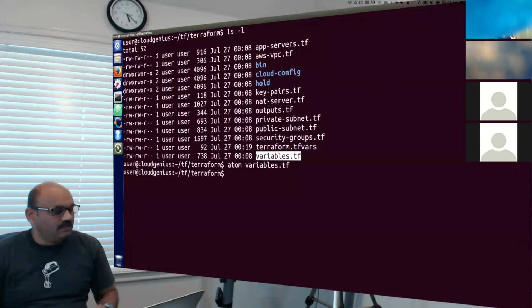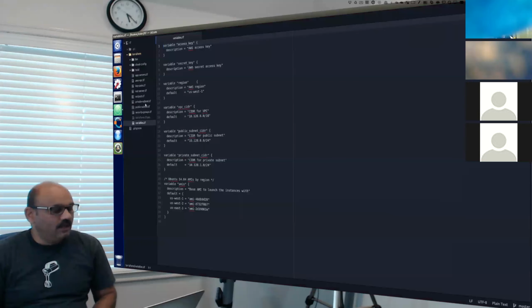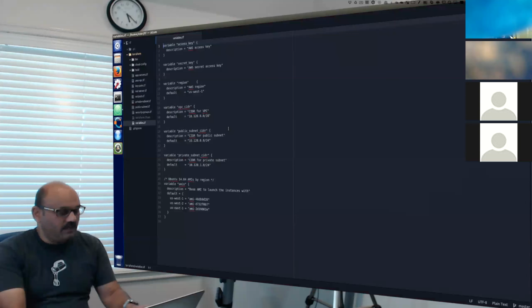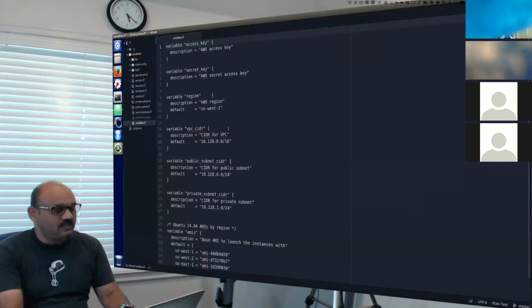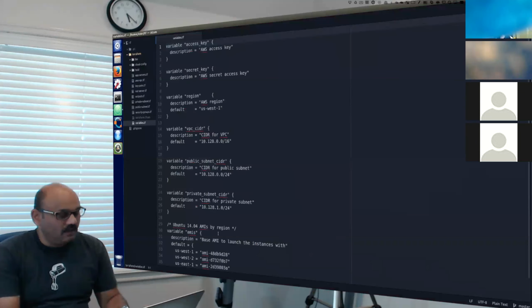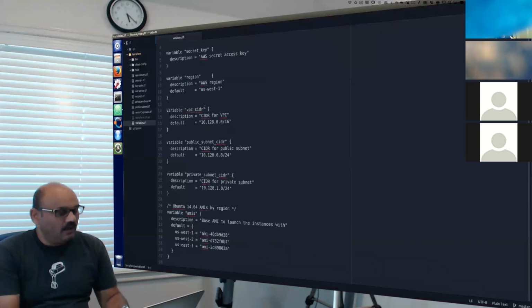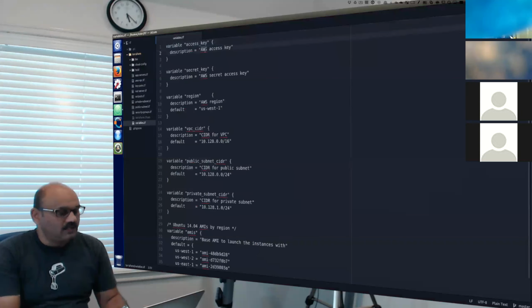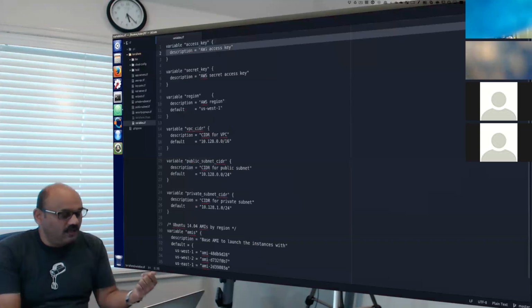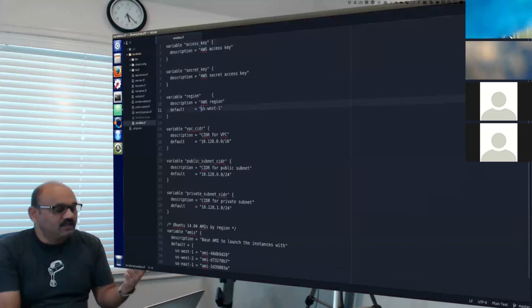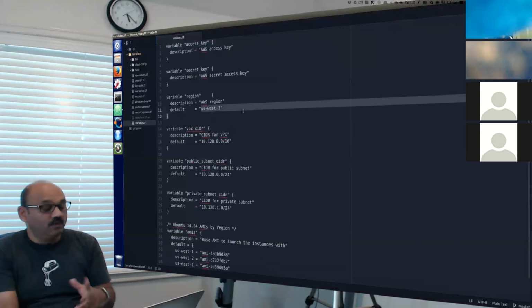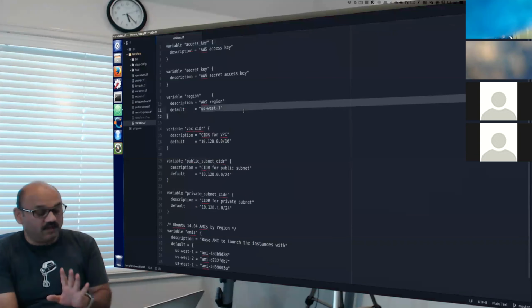And just make sure that you see it. It contains a couple of details, as you see here. One of them is that you need to make sure that you are defining your access key through the other file that we did. We are defining a US West 1 region, which is Northern California. That's the default choice I have made for you. You can change it later, but don't change it the first time you run it.